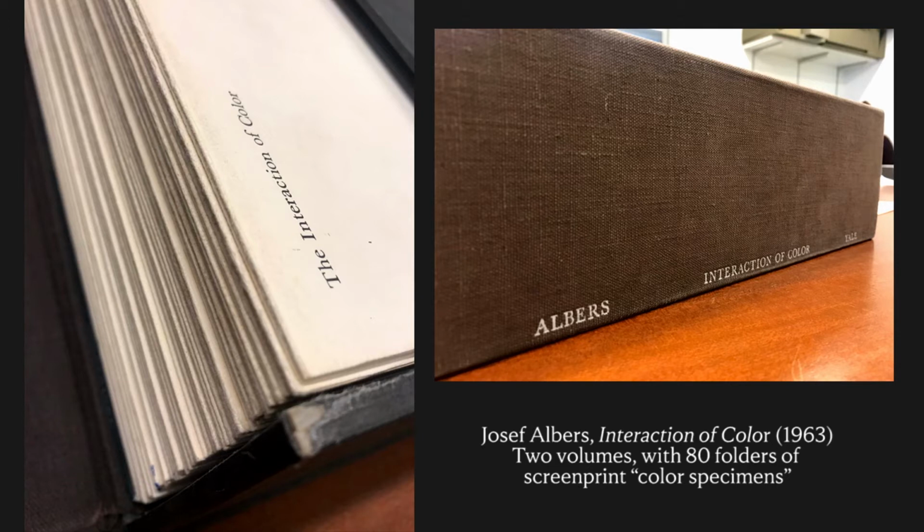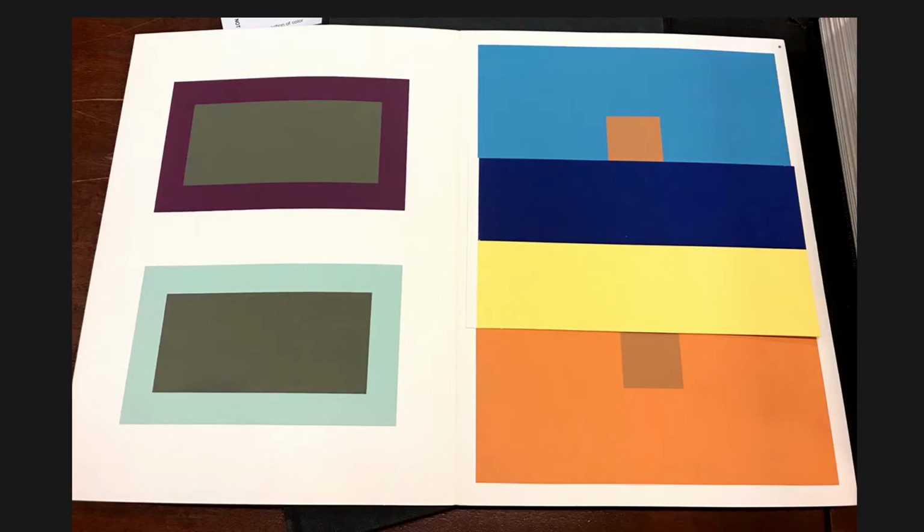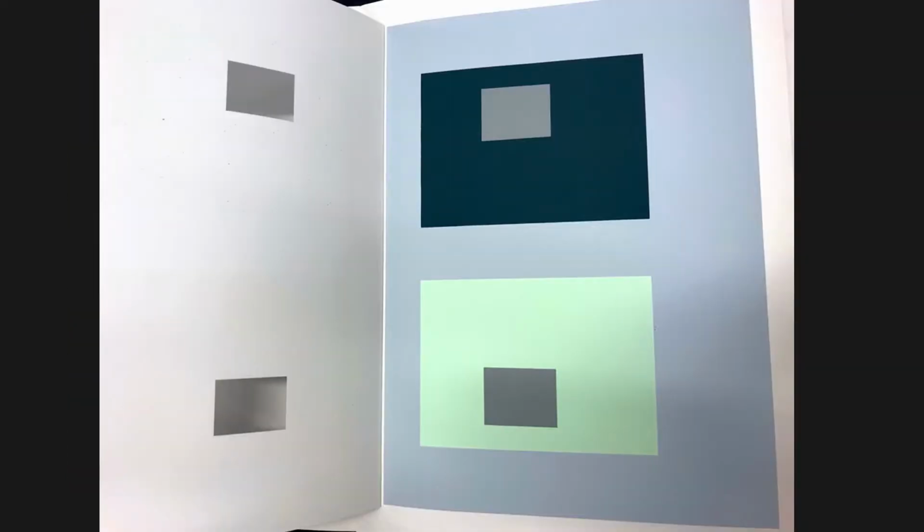But the paperback book in which most of us have encountered the interaction of color was not in fact the project's initial or favored format. When it was originally published in 1963, the interaction of color was a 2-volume box set with color studies presented as a set of meticulously crafted screen prints. With die cuts, collages, and flaps, these pristine screen prints were the perfect vehicle for the experience of Albers' color relationships, since they permitted highly saturated, even, flawless color surfaces that did not interfere with relational perception.